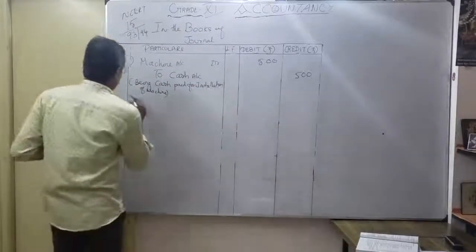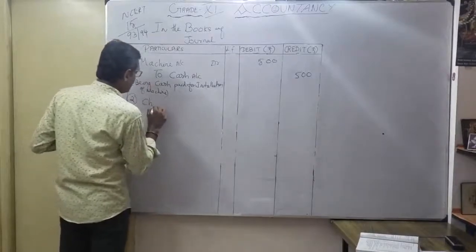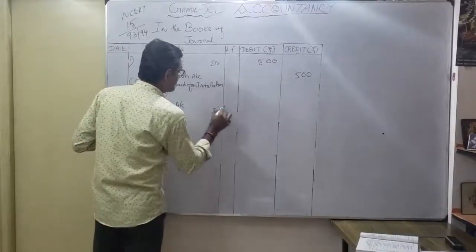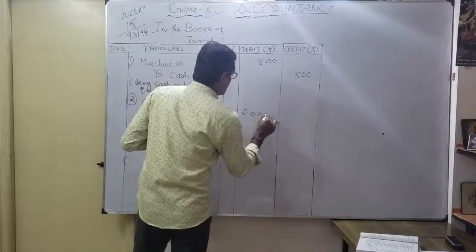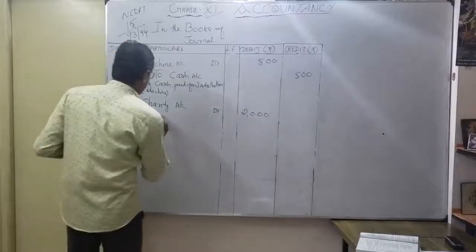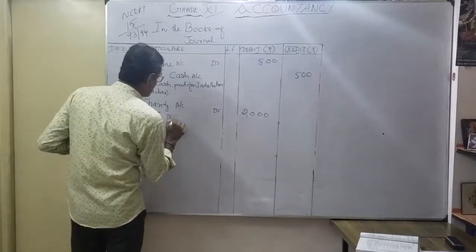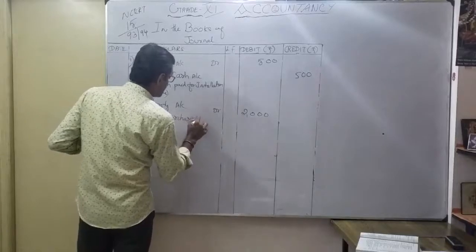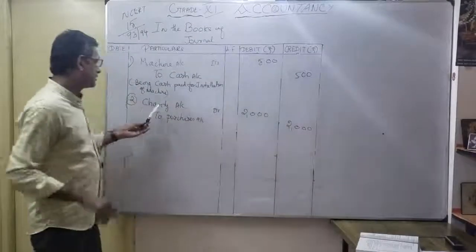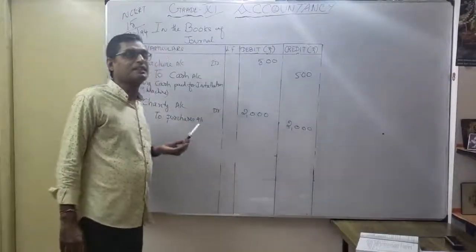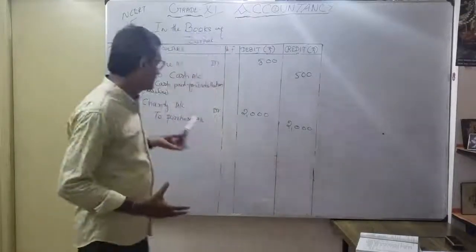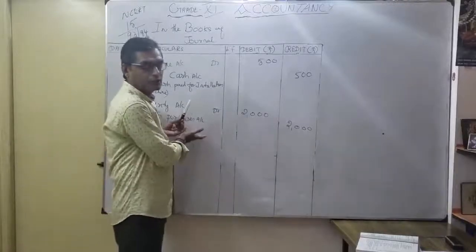We are providing goods as charity. So how to mention it here? In the charity name, we have to mention that. Charity account debit, how much? 2000. Now, we are providing not cash, goods only. So naturally, my purchases will be reduced. That's why I am crediting now. To purchases account, 2000. You understood now? Suppose any name you have to mention as a charity here. It is an expense for the company. So you want to show it as a charity. But to purchases account, I reduce my value. That's why I am crediting purchases account.